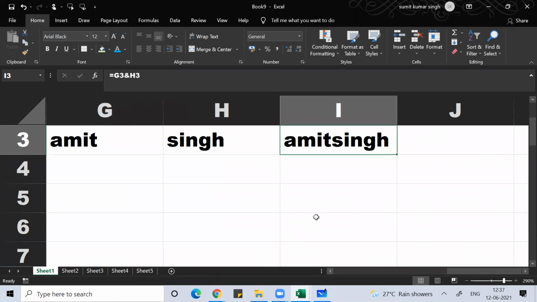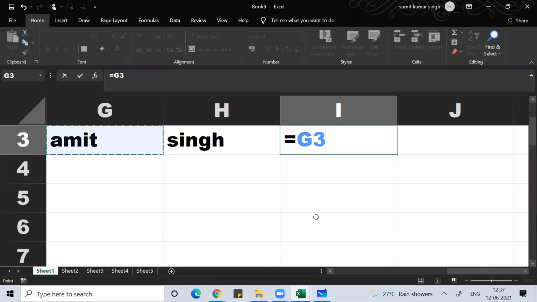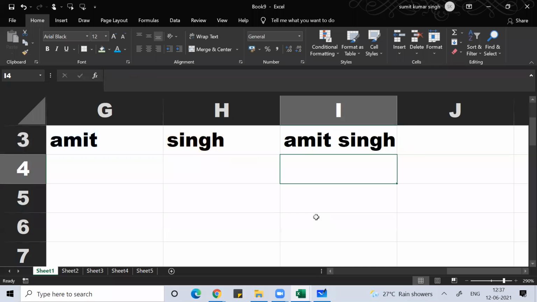You can see this. So what I can do, guys, is first click on this cell, then Shift 7, Amit, then space should come. So how to write space? Double quote, space, double quote, to put space between the two words. So Shift 7, double quote, space, double quote. Under the quotes, space is there. Then again Shift 7 and then Singh. Now if you see, it will come proper. Clear, everyone?